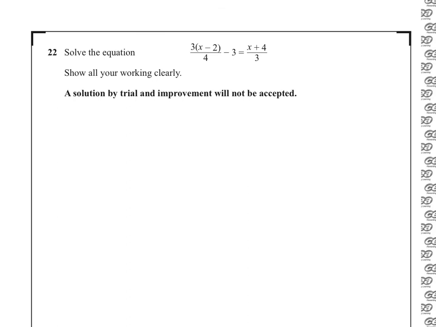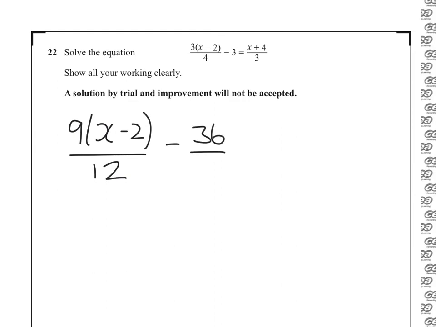To solve this equation, I'm going to start by giving them all a common denominator, which I'm going to make twelfths. Multiply the first denominator by 3, so we have to multiply the numerator by 3, and 3 3s are 9, so we have 9 times x minus 2 all over 12. Change 3 into twelfths would be 36 over 12,